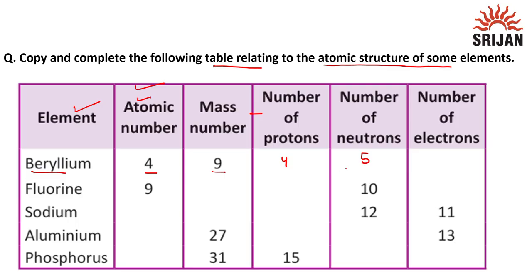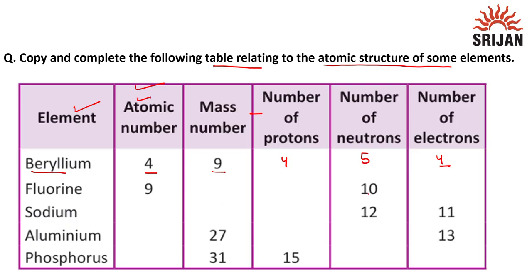Talking about the number of electrons, it has atomic number 4, and we know that the number of electrons is equal to the atomic number. That means it also has 4 electrons, in the K and L shells. Now talking about fluorine, that has atomic number 9 and its mass number will be